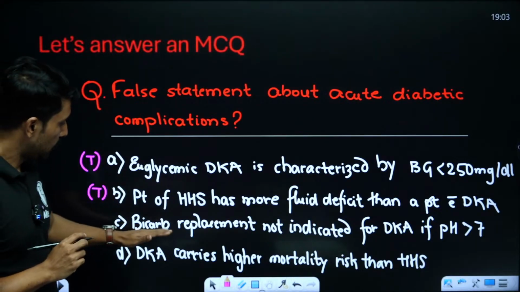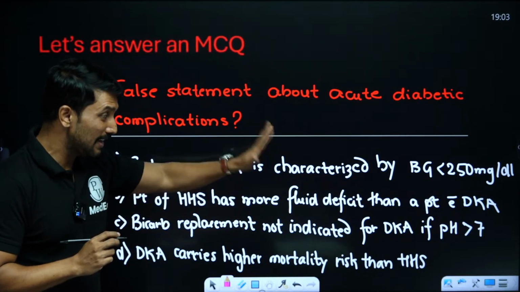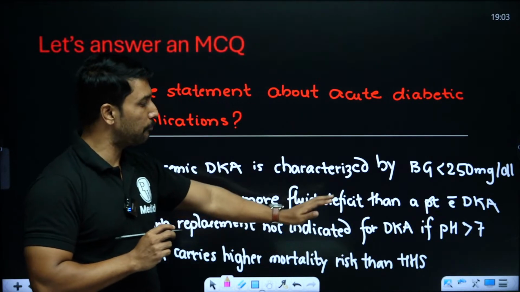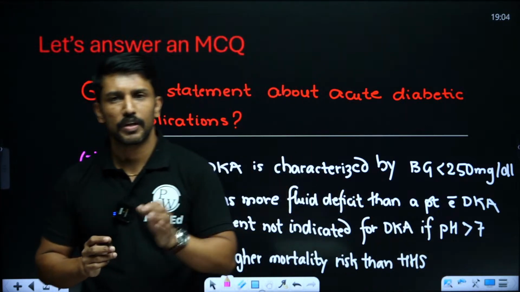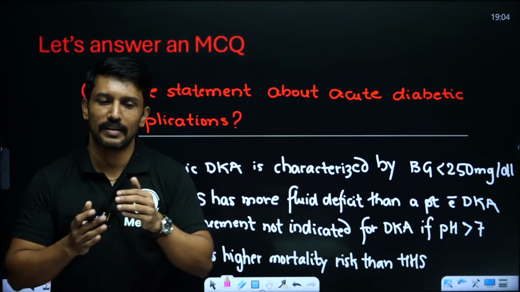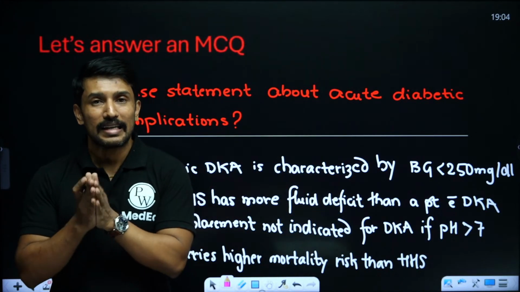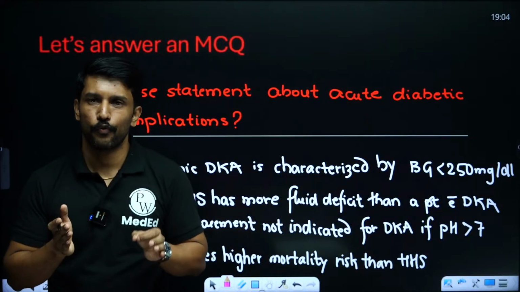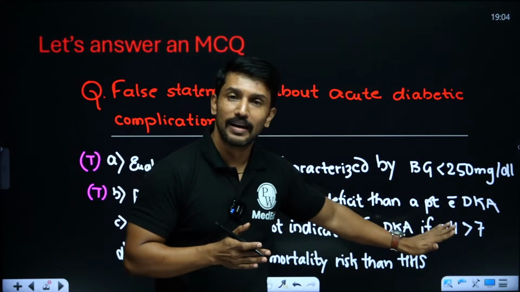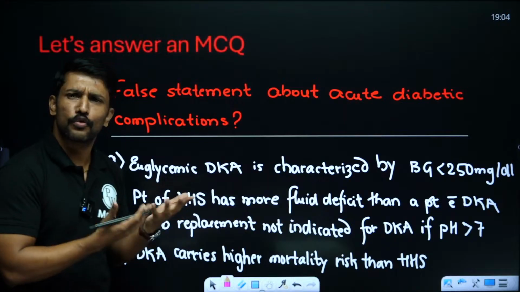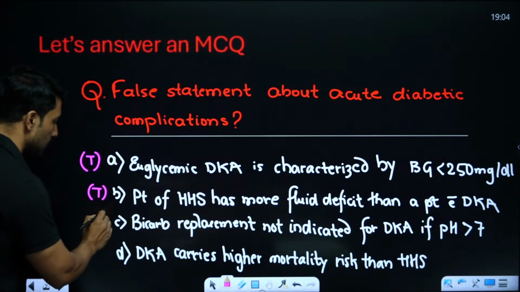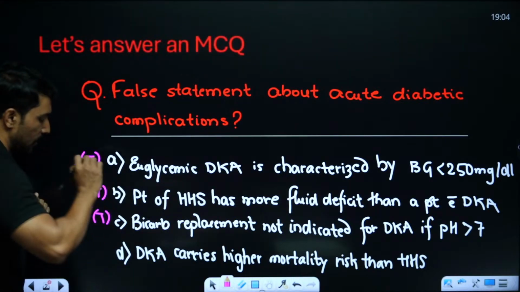Now the third, bicarb replacement in DKA is not indicated if pH is more than 7. So in the previous class, we have specifically learned that the bicarb replacement in a patient with DKA is indicated when pH is less than 6.9. So if it is 7 or more, of course, I don't need to do the bicarb replacement. So this is also true. The last one,